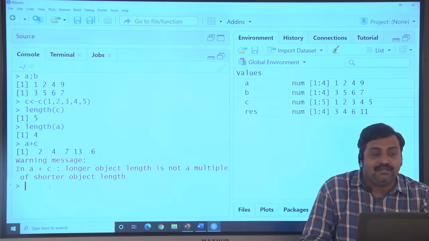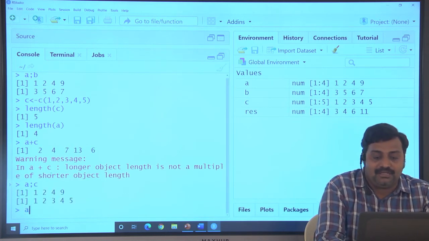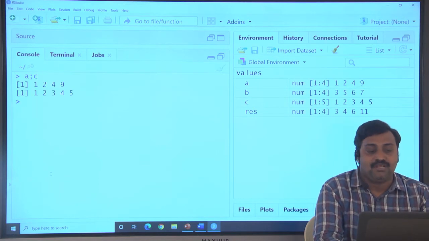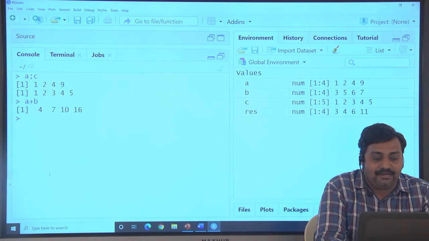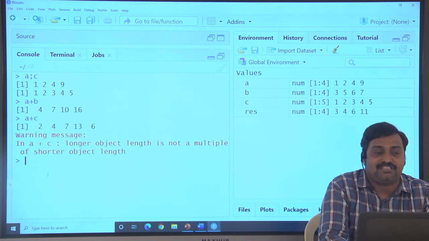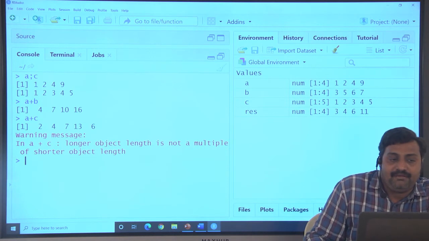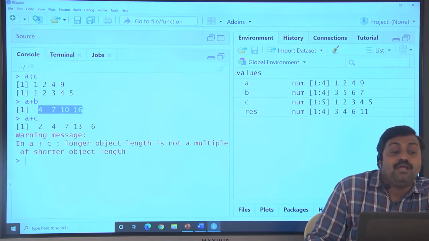What will happen here? You know the A and C values. Now let's see A plus C, and observe the difference from A plus B. With A and B: 1 plus 1, 2 plus 2, 4 plus 3, 9 plus 4, and we get the output.